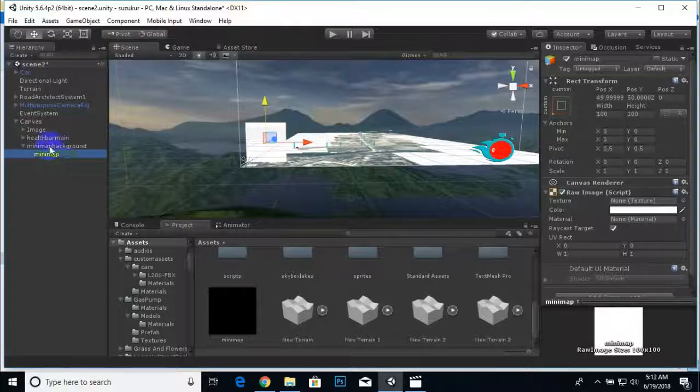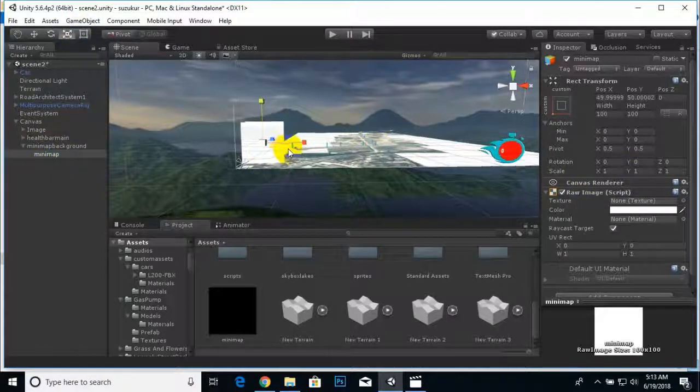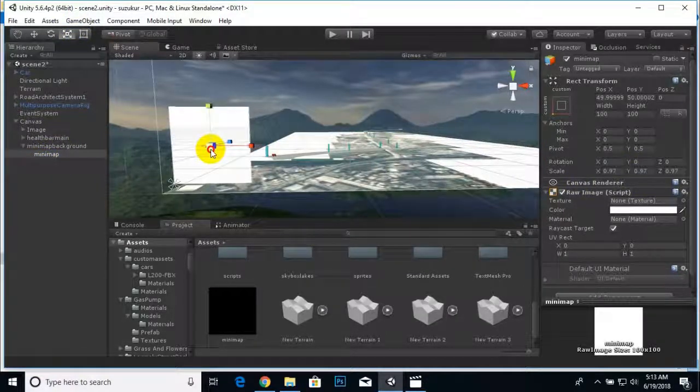And now what we can do, we can scale this a little bit smaller, so this background will play the role of background. Okay, so we will select the minimap now, and we will drag our minimap here.